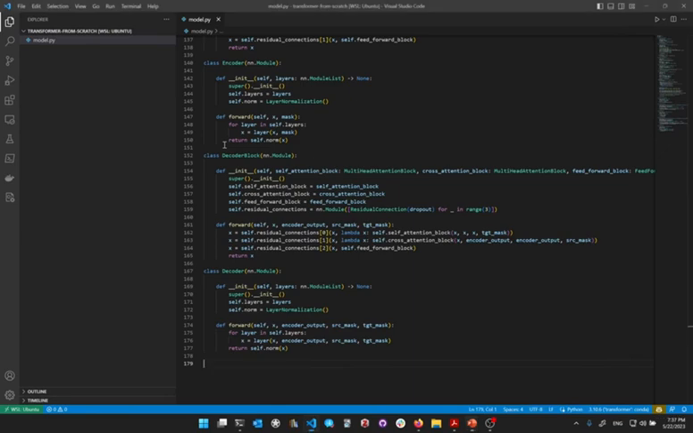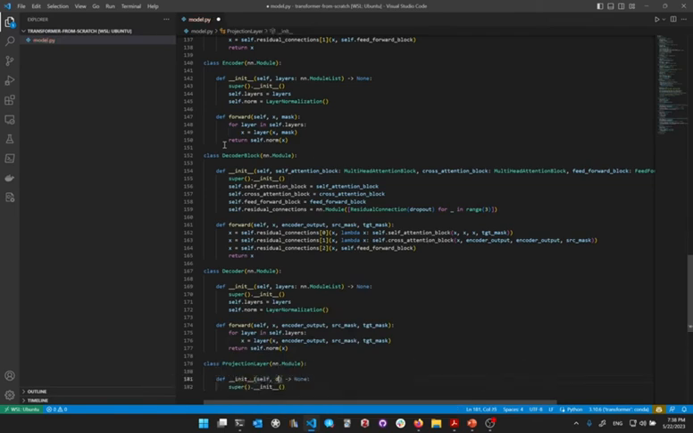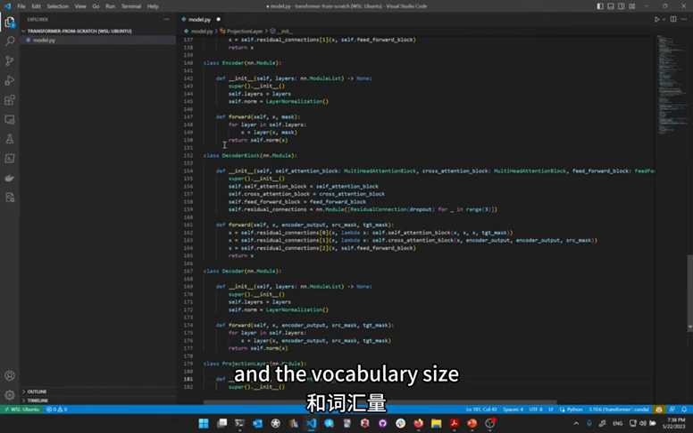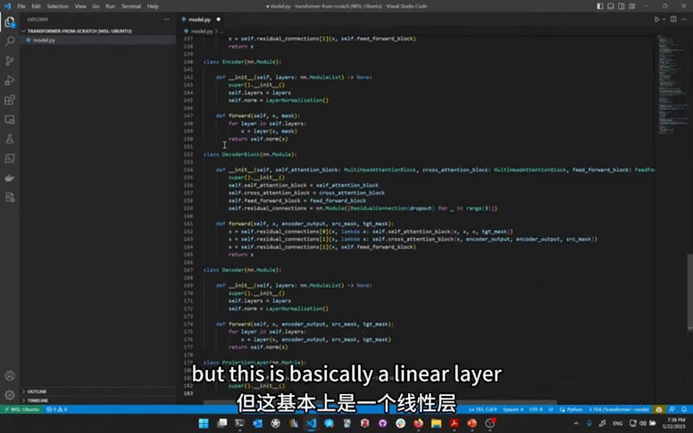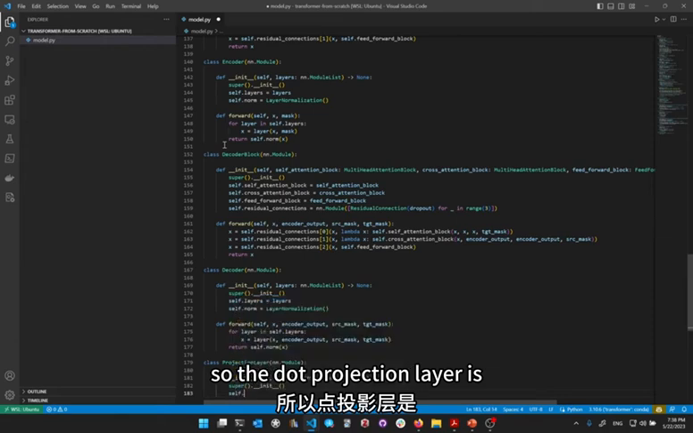Let's go build it. What we need for this layer is the d_model, which is an integer, and the vocabulary size. This is basically a linear layer that is converting from d_model to vocabulary size. So self.projection layer is